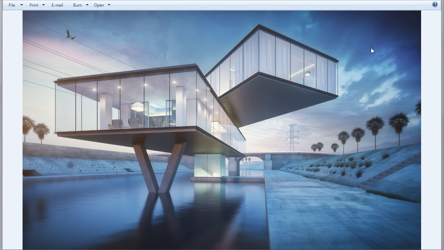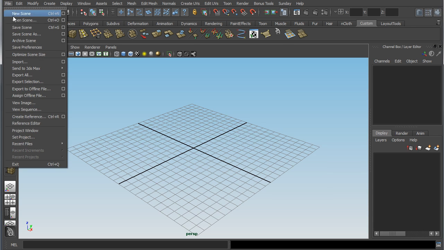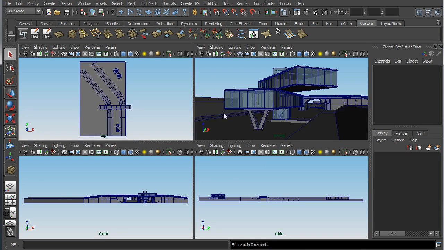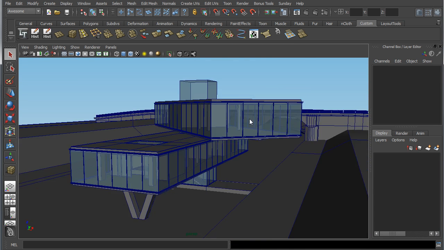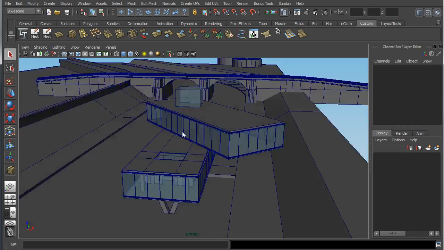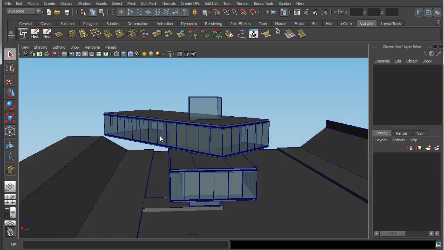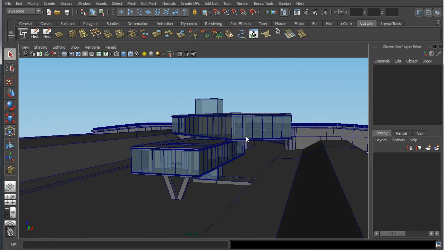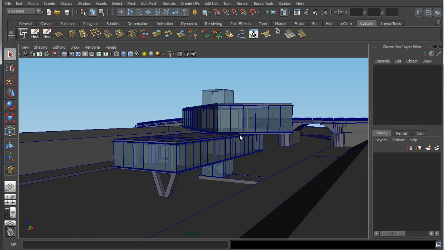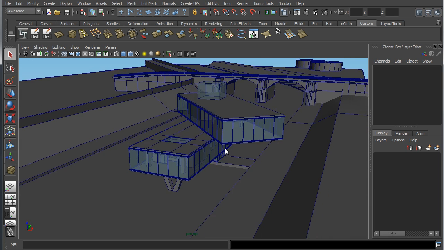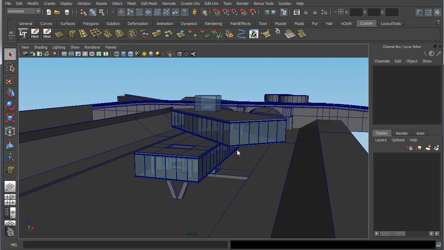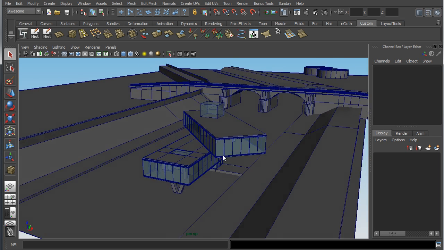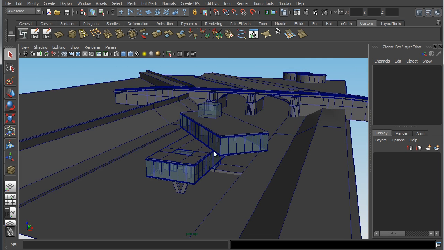Alright, so let's open up Maya, and let's open up our project starting geometry. Alright, so here it is. Now normally when I'm working for clients, they're not working in Maya, so they're usually working in Revit or Rhino or something like that. So I have to import OBJ files or FBX files or something like that. But luckily for you, I've modeled this stuff in Maya, so it should be a little bit easier to work